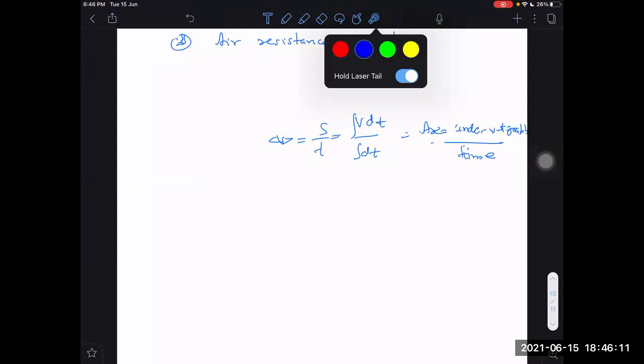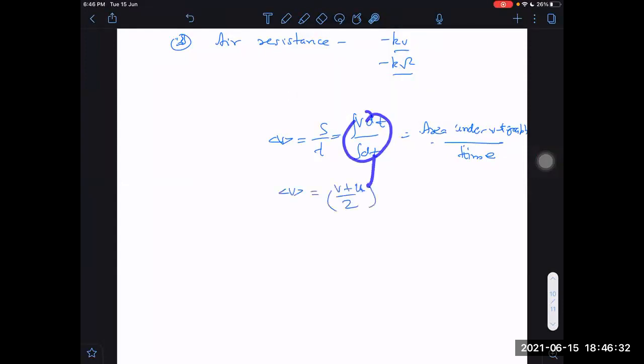But this forgetting means I have discussed it in almost every 2-3 classes. We are discussing it continuously. Not even 2-3, more than that. It will always be this only. But for uniformly accelerated motion, this expression only becomes equal to (v plus u) by 2. Not for uniform motion, for uniformly accelerated motion.